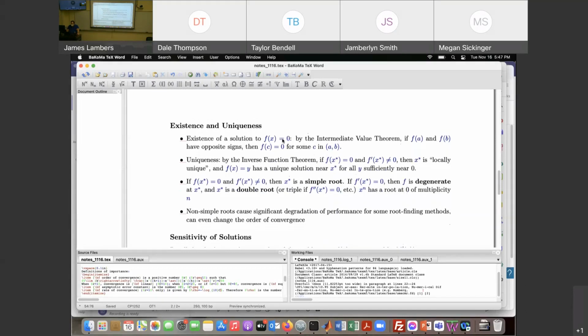So we do have an existence result from the intermediate value theorem that if you have an interval [a, b] where the values of f at the endpoints are of opposite sign, and we're assuming all along that f is continuous. It's pretty difficult to do root finding with a discontinuous function. Then you know there's a root somewhere in the interval. And that's actually going to be the main idea for the first method that I'll show you, which is called bisection. Bisection is a method that you might have seen in a lower level class. I know it's covered in calculus textbooks, for